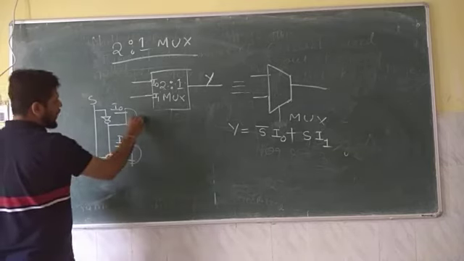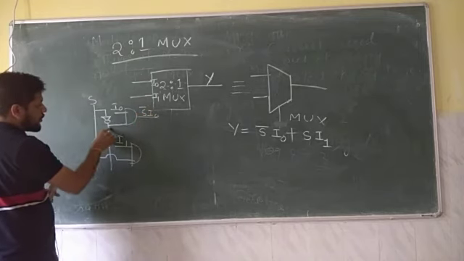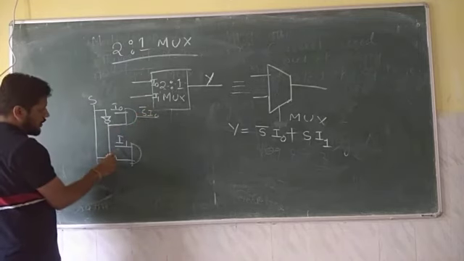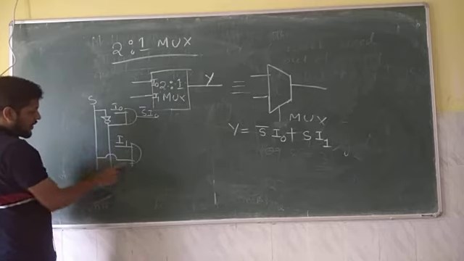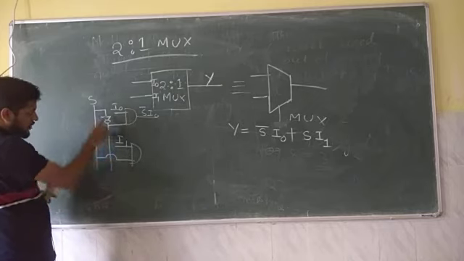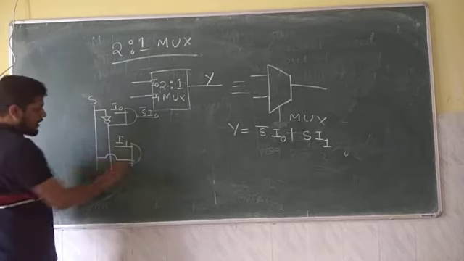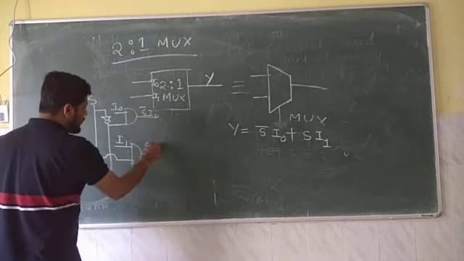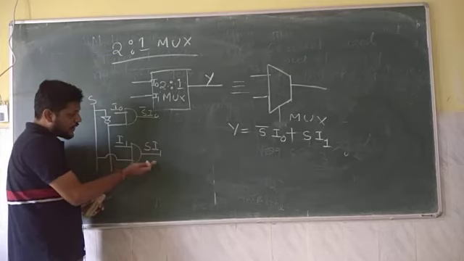The output of this AND gate is S bar I0, because it is connected with S bar and I0. One of the inputs to the other AND gate is I1, then S is connected. This is a jumper, so this line is not connected. S is connected to the AND gate, hence the output will be S into I1. So I have implemented S bar I0 and S I1.